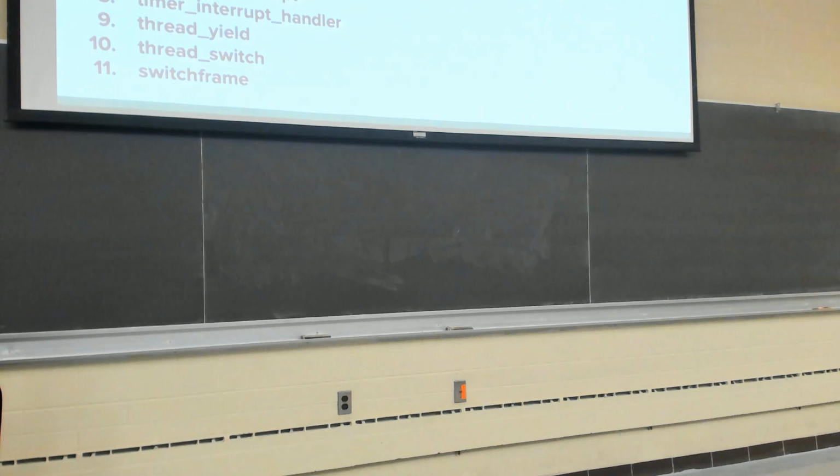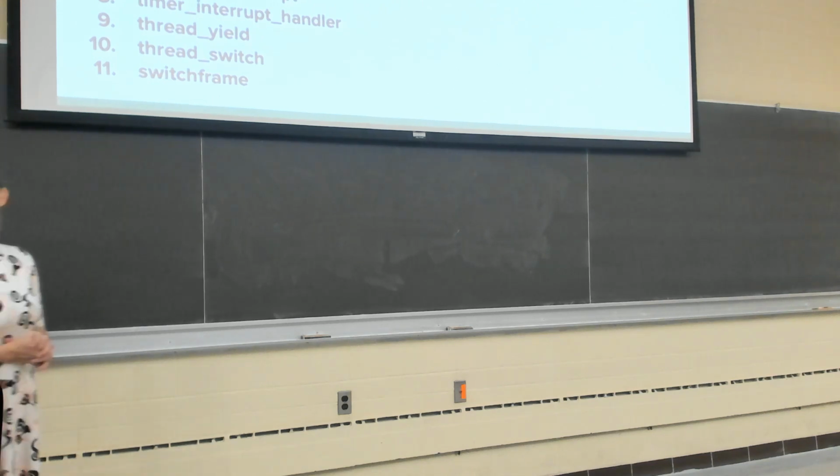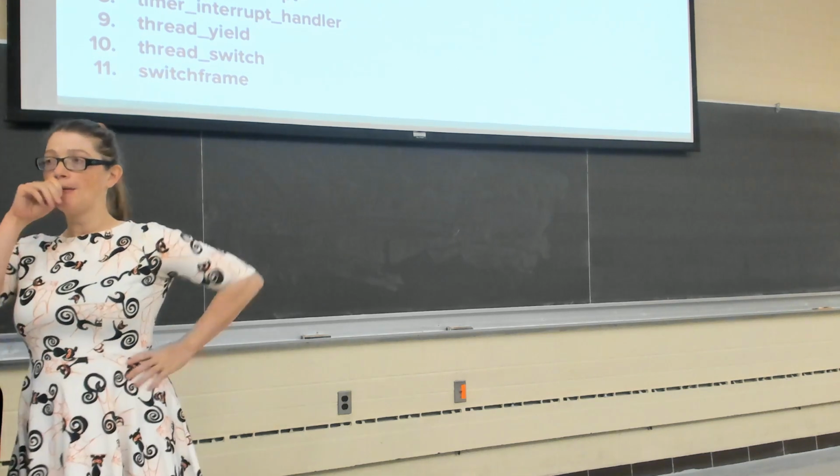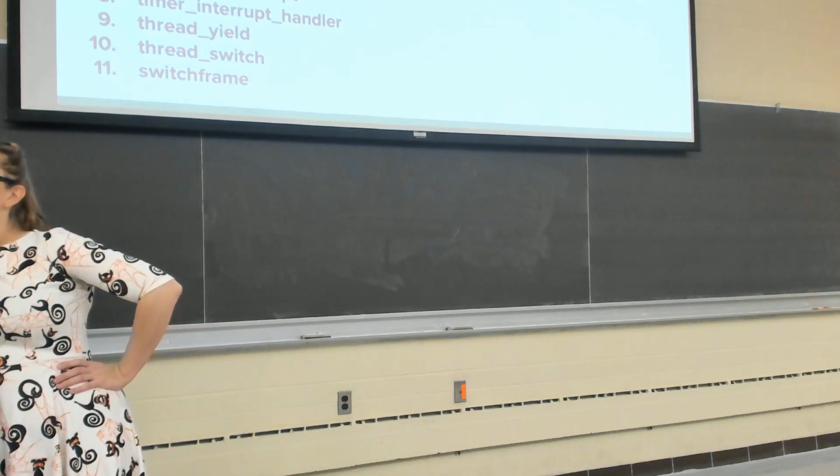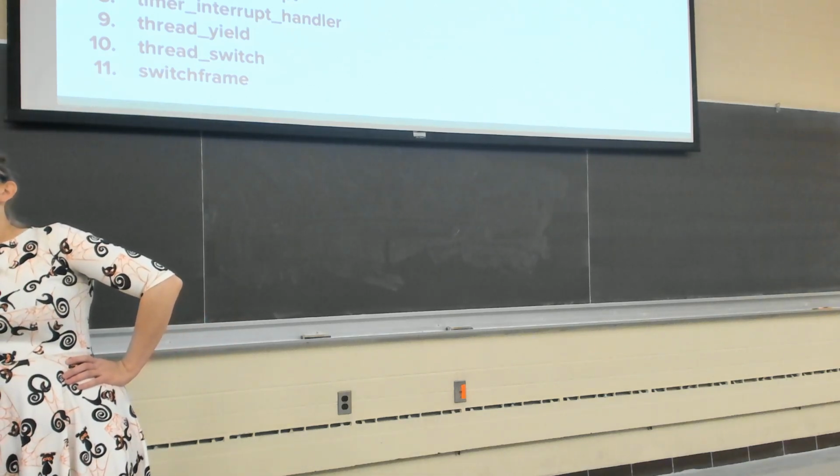All right, yep. Just double checking, backtracking a bit. So if a thread is preempted and there are no other threads, we go all the way to the timer interrupt handler, but we don't have anything below that on the stack, right? We don't have thread below thread switch. Repeat that again? So when a thread is preempted, but there are no other threads, the kernel stack wouldn't have thread below thread switch.